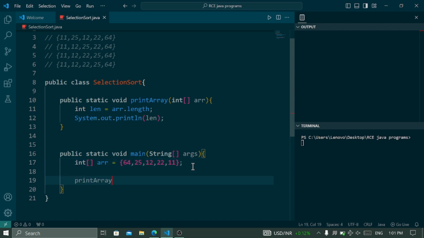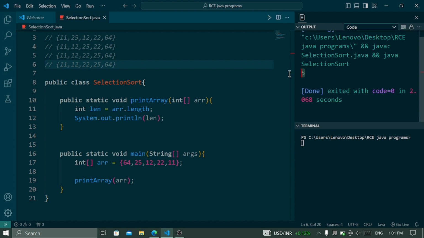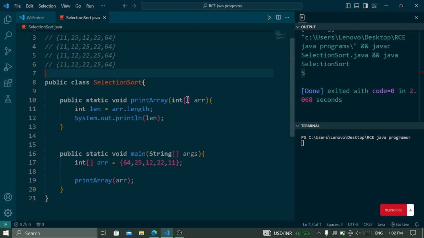For that we can just come here, printArray, and inside this we are just going to write arr. Now you don't have to create an object for this because we have used void and static here. Right now we can just right click and run the code. You will find inside the console that you will get 5, that is the length. So 1 2 3 4 5, and 5 minus 1, that means 4 iterations are going to be taken by the